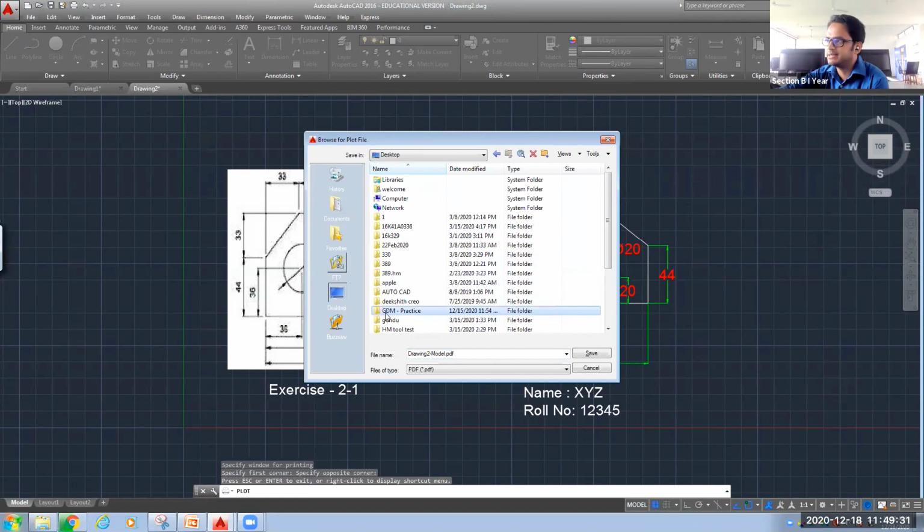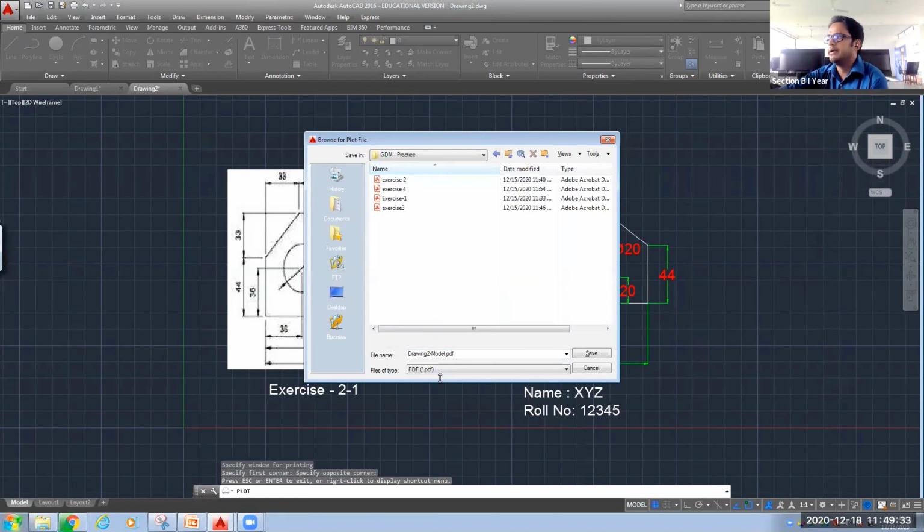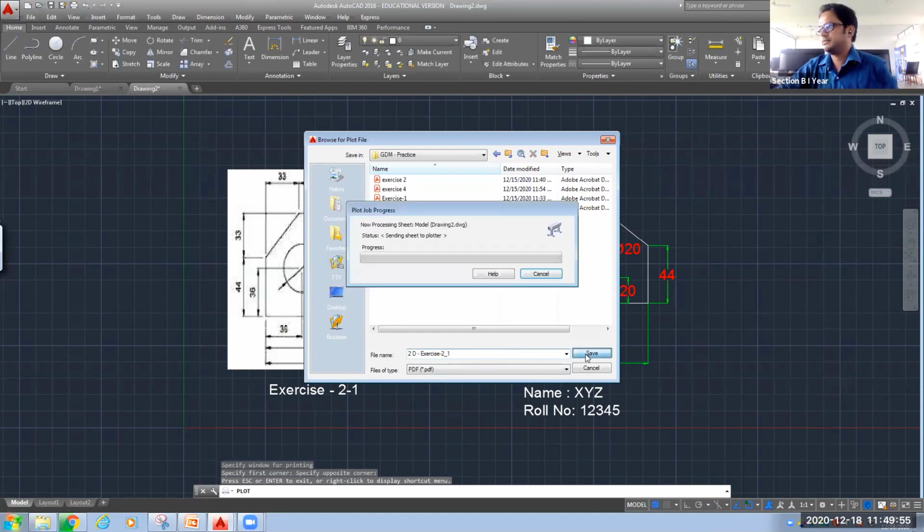In the last class we created GDM practice, and here I'm going to give some name, 2D exercise 2.1. A point may keep extension, so better keep underscore or dash. Save.